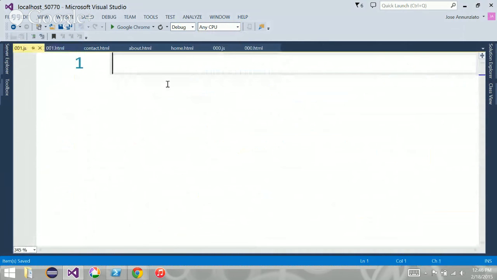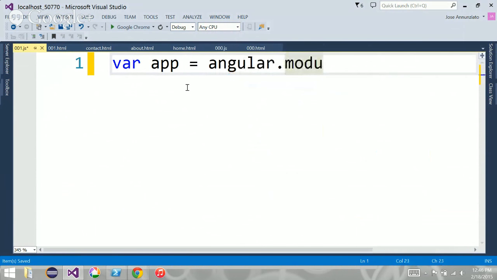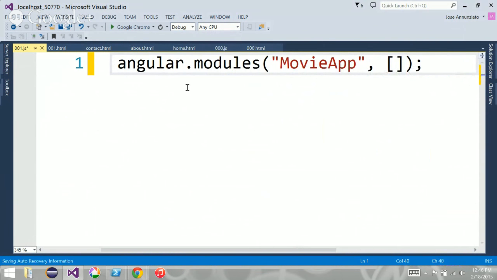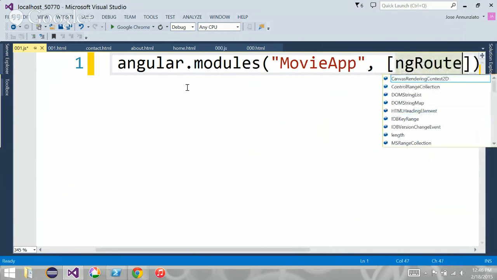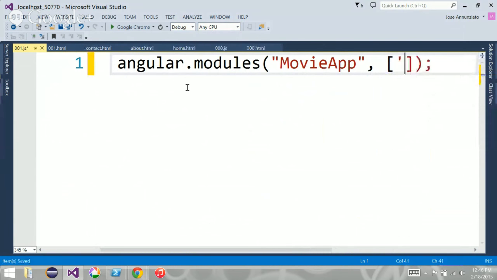Let's create it. So it's going to be var app equals angular.module, and this is going to be movieApp, and then this depends on ngRoute.